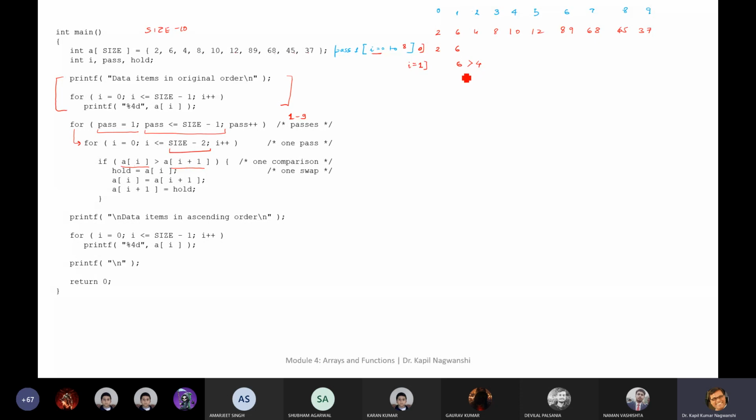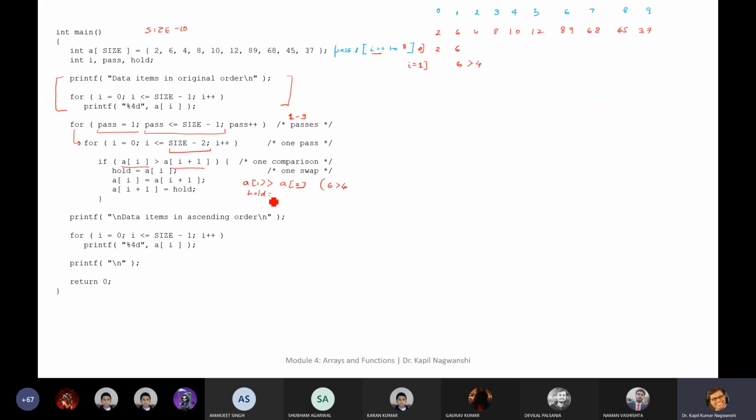Is this condition true? Yes, this is true. So A1 is greater than A2, in brackets I am writing 6 greater than 4. This is true.